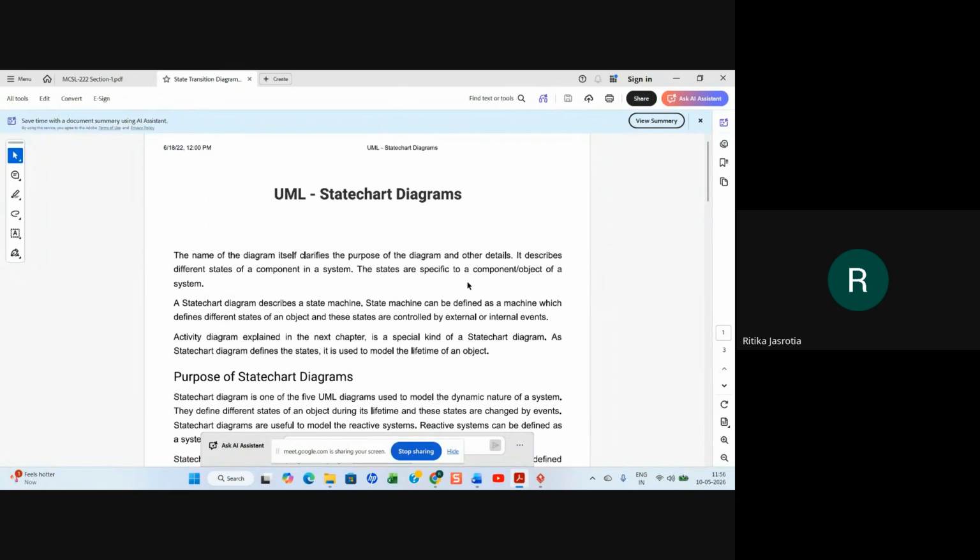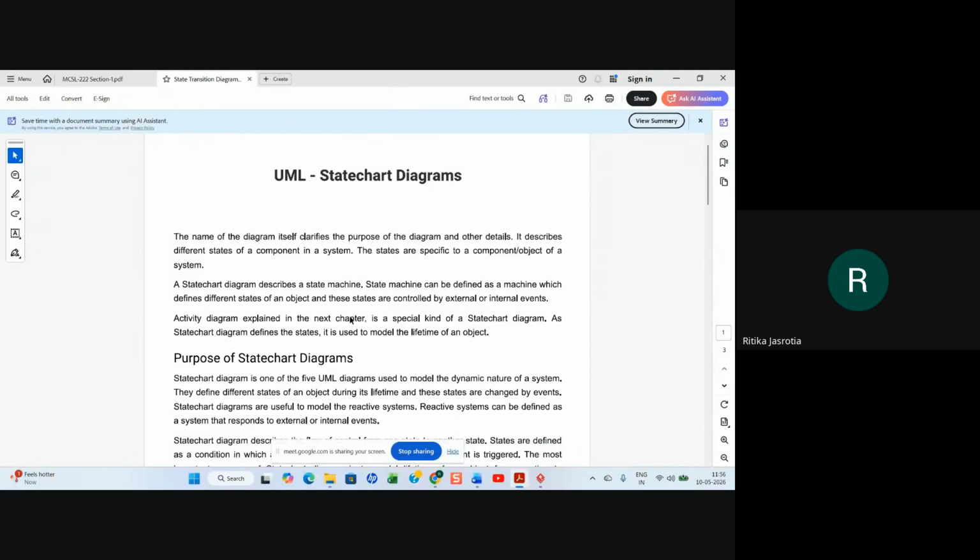The states are specific to a component or object of a system. A state chart diagram describes a state machine. A state machine can be defined as a machine which defines different states of an object, and these states are controlled by external or internal events. The activity diagram explained in the next chapter is a special kind of state chart diagram. As a state chart diagram defines the state, it is used to model the lifetime of an object.